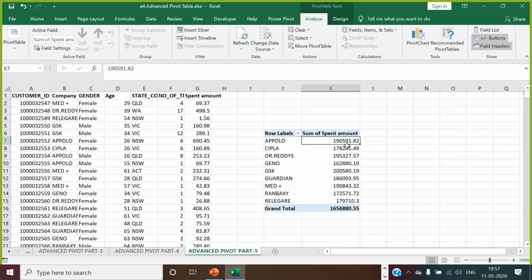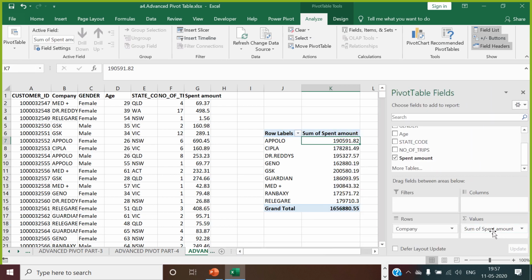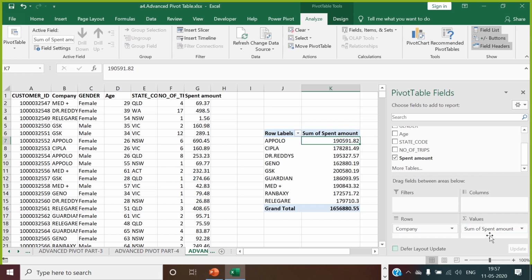Default is going to be sum of spend amount. Guys, I tell you one thing about what happens. When you go to field list, you take sum of spend amount and you take number of trips together. So what happens? You have taken only one measure field. There is no summation field under column.